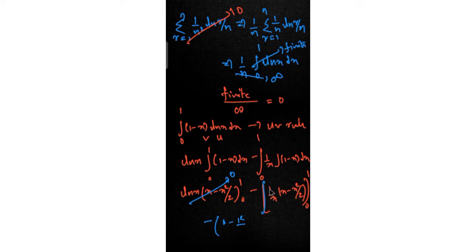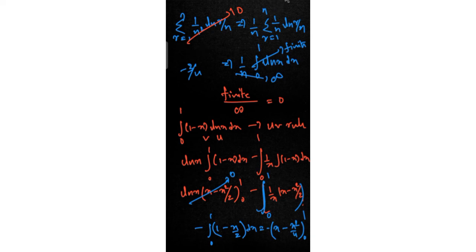There's still an integral that we need to evaluate from 0 to 1. So we still need to evaluate this integral. That is minus the integral from 0 to 1 of 1 by x times (x minus x square by 2), that's 1 minus x by 2, so totally dx. So that is minus of (x minus x square by 4) from 0 to 1. After putting the limits, we get 1 minus 1 by 4, that is 3 by 4, so minus 3 by 4.